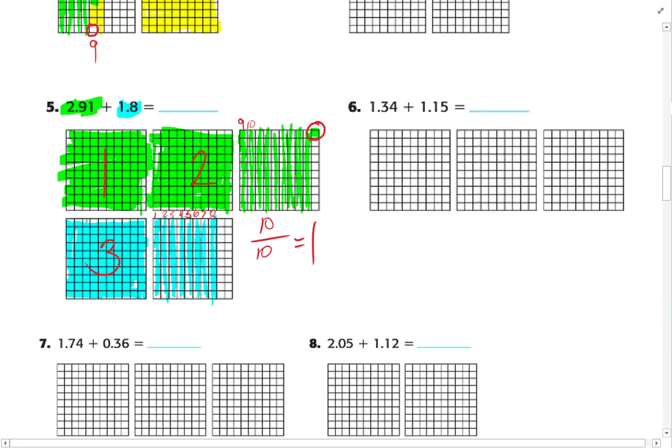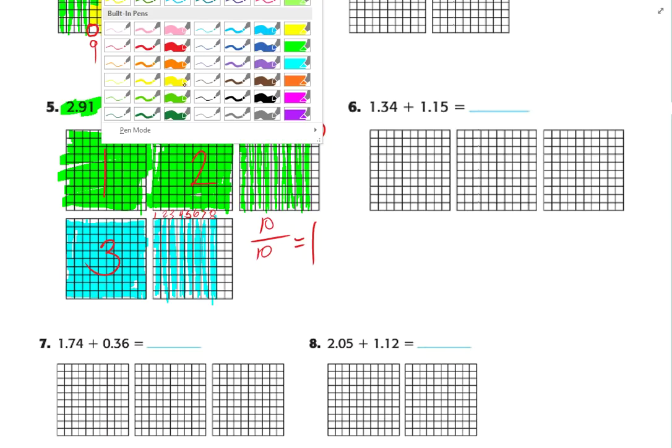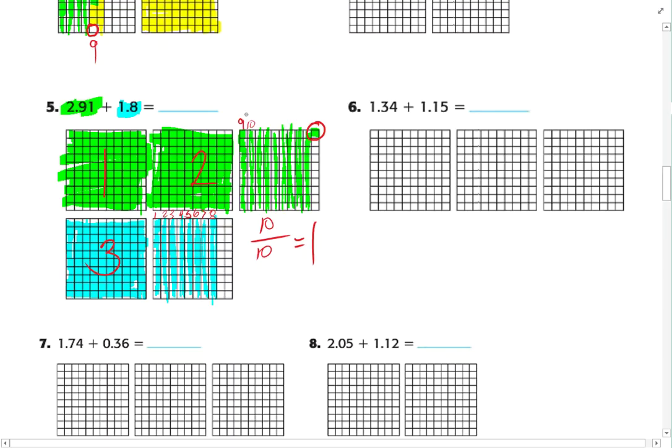Now I can add in my next columns, and so I'm going to start over on my counts and say, well, let's use another color just to help separate our counting, something that stands out just a little bit different than the others. And what stands out? Purple stands out. So